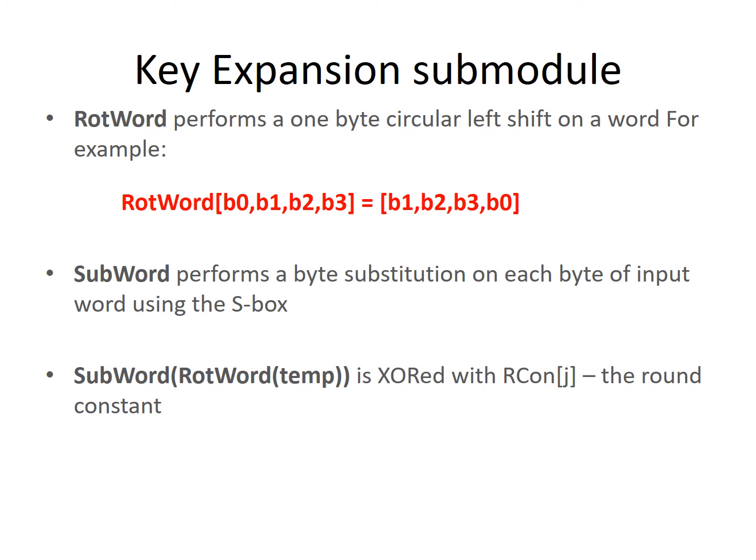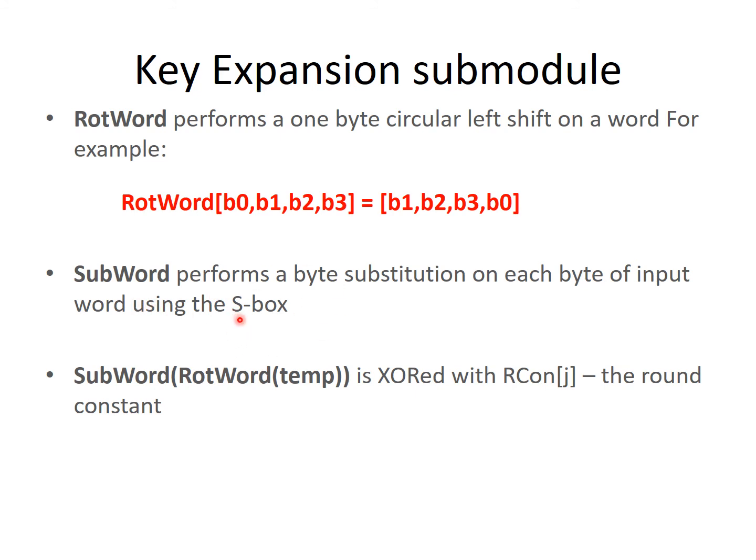So first we will try to become familiar with the operations. RotWord means I will rotate the bytes in that word. Normally we will perform a left circular shift operation, that is, we shift towards the left. Next, SubWord means each byte in that word will be substituted with a new value. For that I can use an S-box. The S-box provides a new value for each byte. That is known as SubWord.